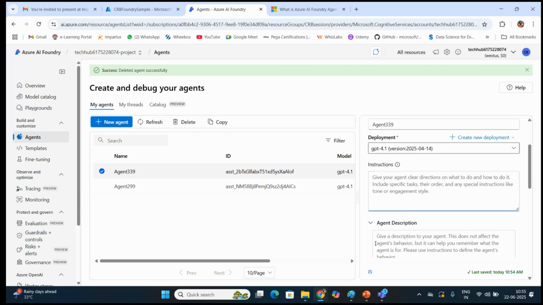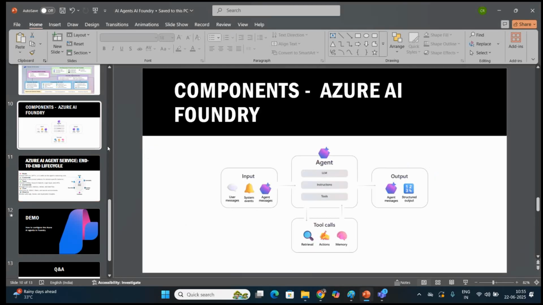So instruction is something like, comparing with the same diagram that we have here, these are the inputs that you provide to the agent on how it can act.